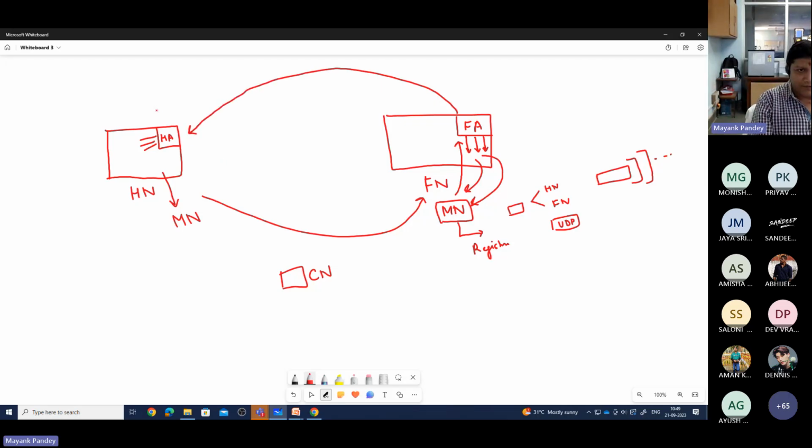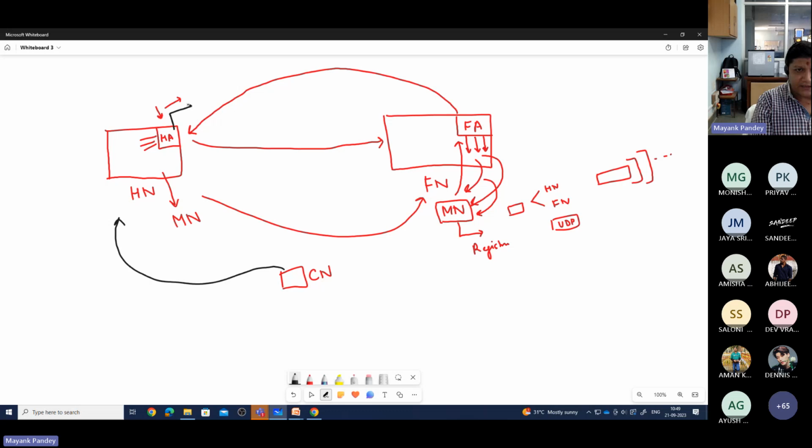The home agent will register this mobile node as it has moved out, will make the changes in the database and the routing table, and then reply back that registration is complete. Now the mobile node knows that it is registered to the foreign network. Now afterwards, if a correspondent node sends any packet to the mobile node,